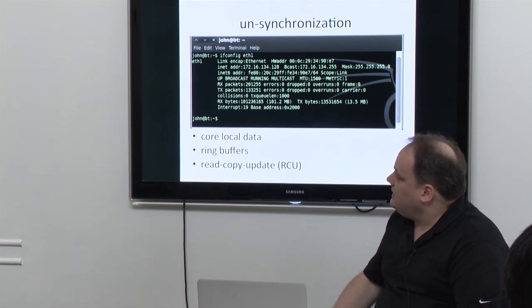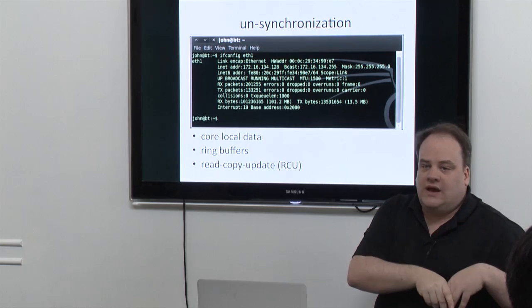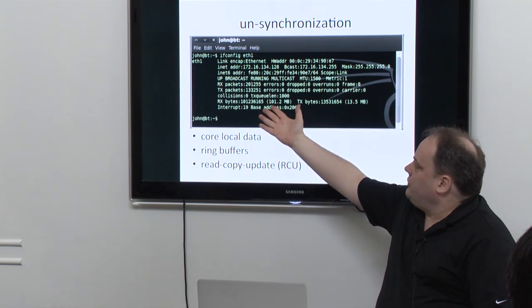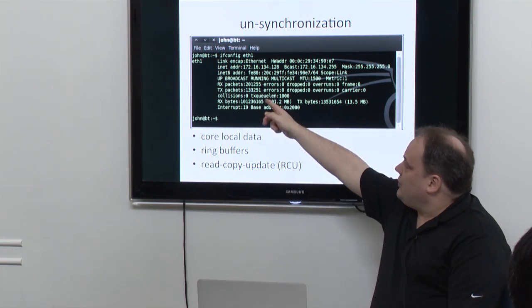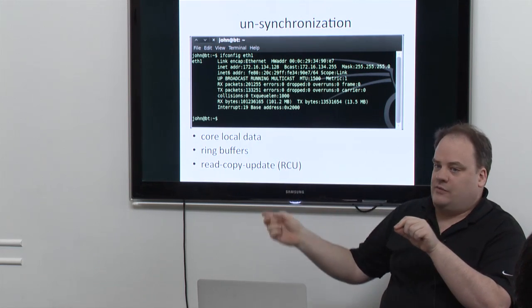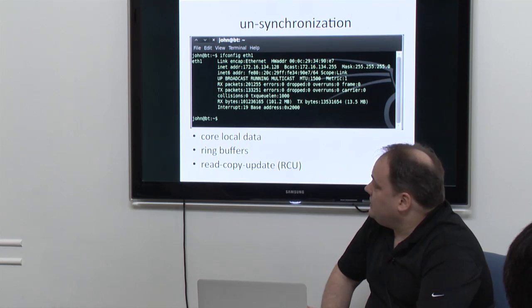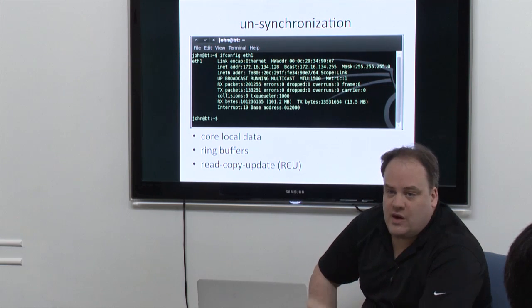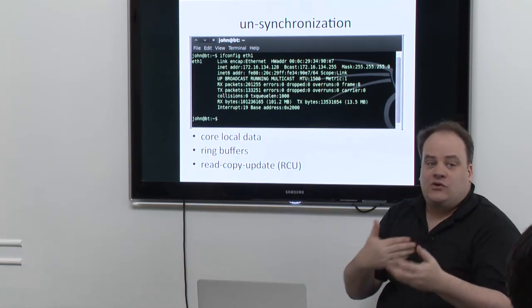So what they do instead is they have one counter for every core. Every core has its own local data that it will update with the transmit count and the receive count. And then when you call ifconfig to track those numbers, that thread goes to all the different data structures and just sums them all up. And it doesn't need to do any synchronization, because reads or writes across the memory bus are always atomic. I can either read or I can write atomically. I just can't do both at the same time.